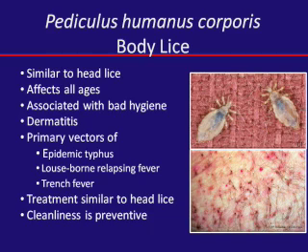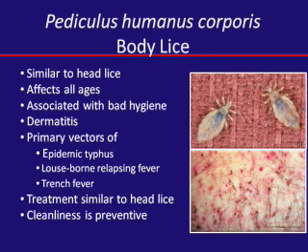Body lice. This is a courtesy of the armed forces. Again, they have some really nice pictures from the people they deal with. But you can see that in a large infestation, it produces a severe dermatitis. So it would be very pruritic and itchy. They're typically in the clothes. If you have somebody that's living on the street that comes in, you want to burn probably the clothes to get rid of the source of the lice, or where they're going to stay.